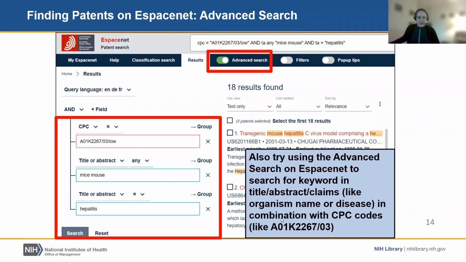And the options are MeSH terms in PubMed for biomedical articles, automatic term mapping in PubMed for biomedical articles, basic search in PubMed for biomedical articles, CPC and ESPACEnet. I think I had to relaunch it, so it should be open now. Okay, thank you. I'll let it run for about 30 seconds.